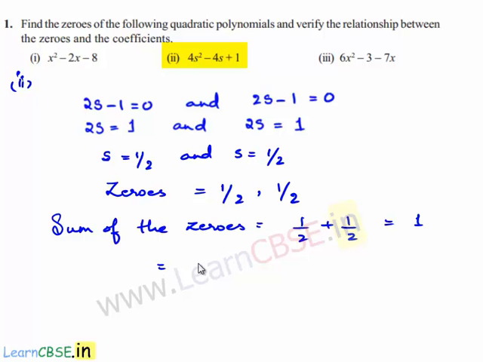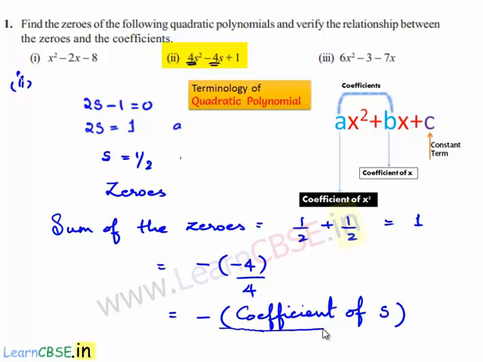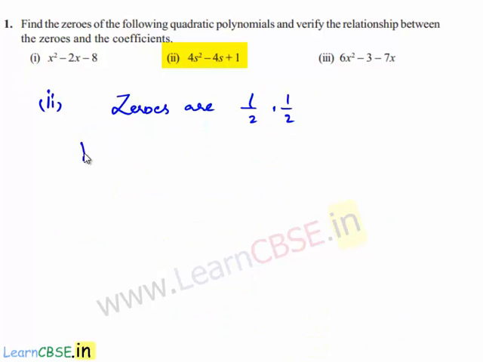So 1 can be written as minus of minus 4 divided by 4. Here minus 4 is nothing but the coefficient of s, and 4 is the coefficient of s square. Therefore we can say that the sum of the zeros is equal to minus of coefficient of s divided by coefficient of s square. So now the product of the zeros is equal to